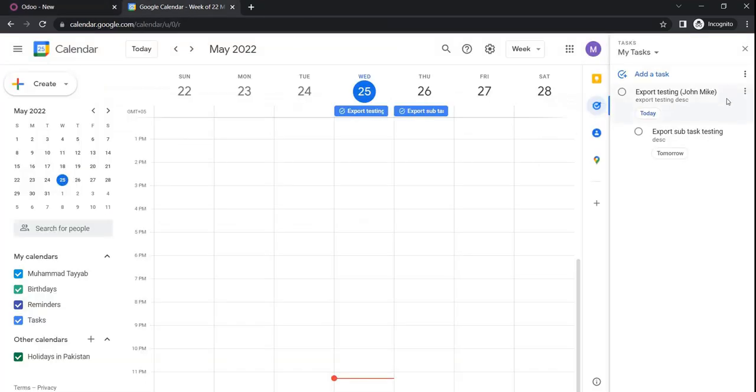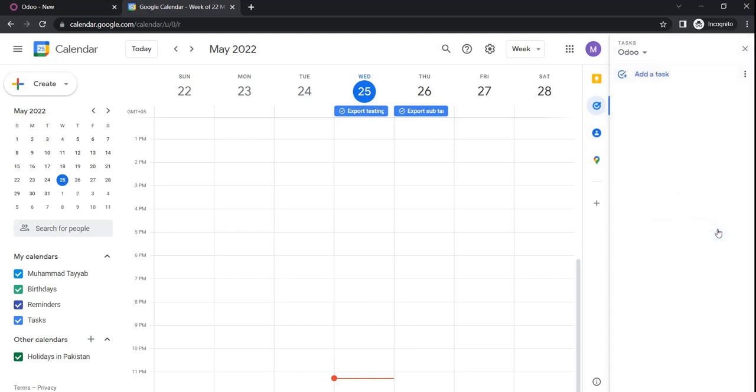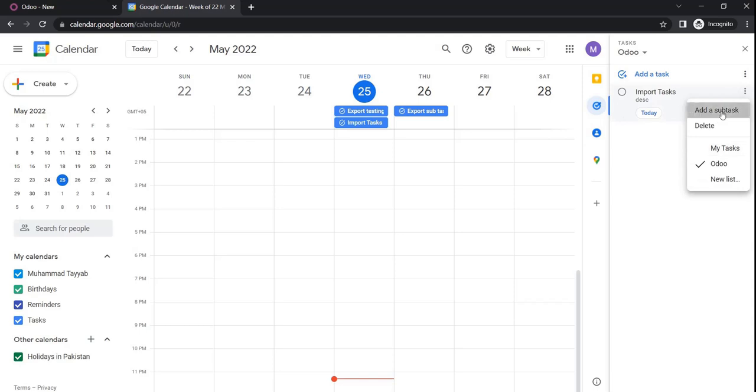Okay, so I just create a new task in a separate list and try to import it in Odoo. So I just named that Odoo. Okay, I just add some dummy information: import task, and here is the information, description, and the date, and try to add the subtask as well. So I try to add more than one subtask: import sub one, the description, value, the due date, and add